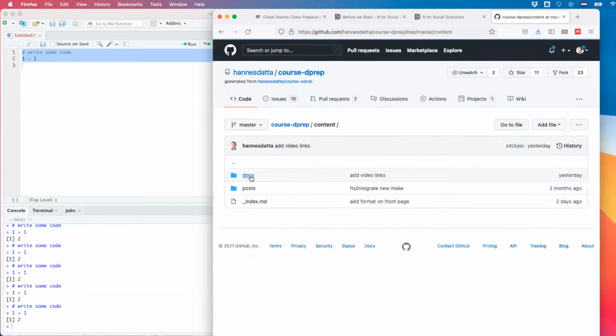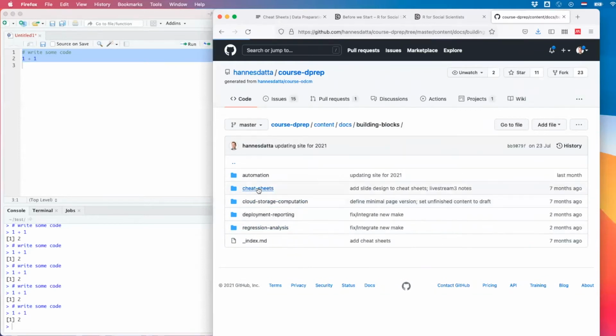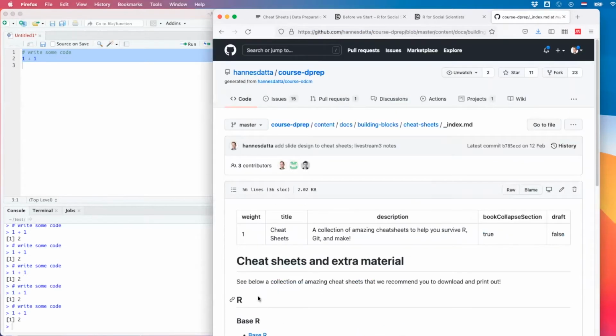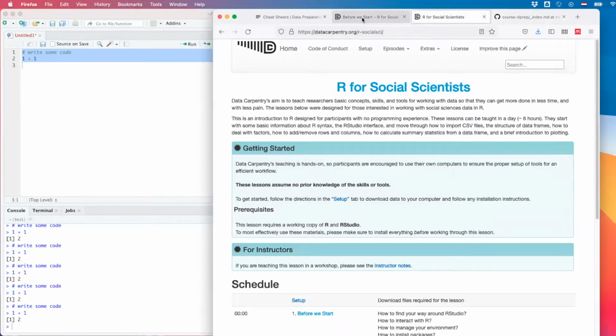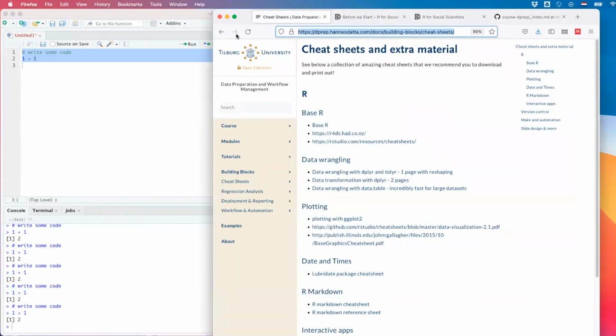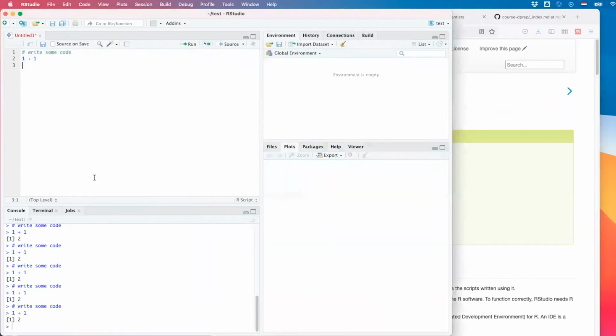Building blocks, cheat sheets. There you go. It's an index. I'll just post the link to the file, and you've maybe never seen Markdown, but it's super straightforward to edit. So just do it and experiment with it. You'll have to learn it anyways. So here we go. And R has a great community.